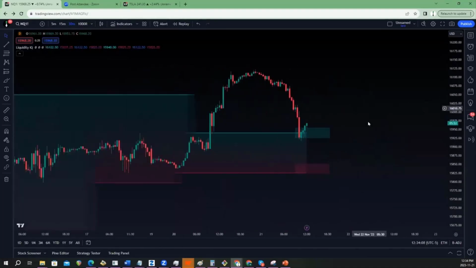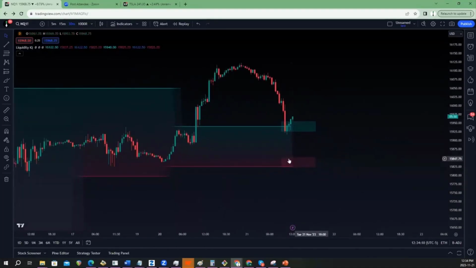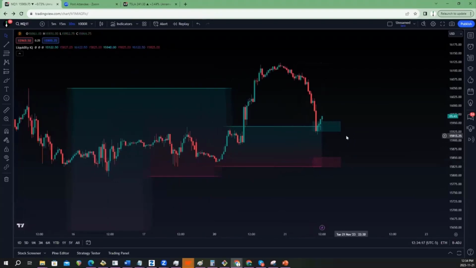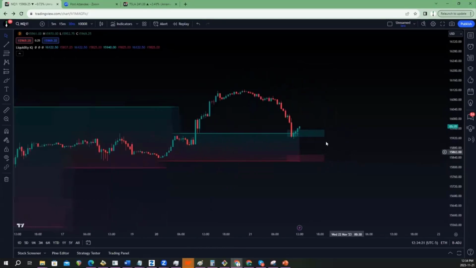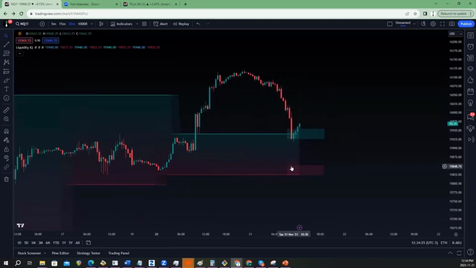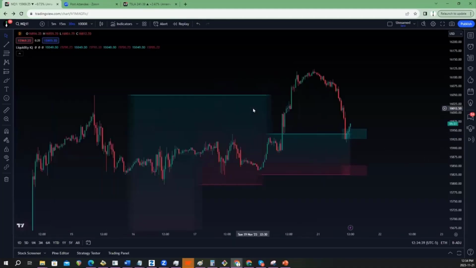And you can see over here, we have these little zones here. And these zones are always going to be at the end of the chart. So whenever you apply this to the chart, you're going to see this zone. And we actually see one of the phenomena that we're going to talk about really shortly happening in real time right now. So this area right here is called a support zone, liquidity support zone, and this is a liquidity resistance zone. And these zones change in size depending on the current volatility of price, because oftentimes a mistake traders